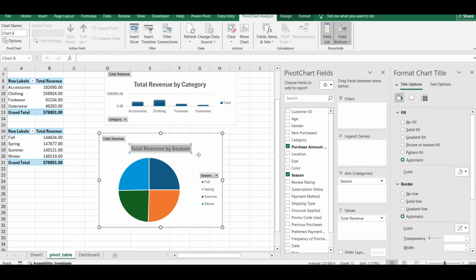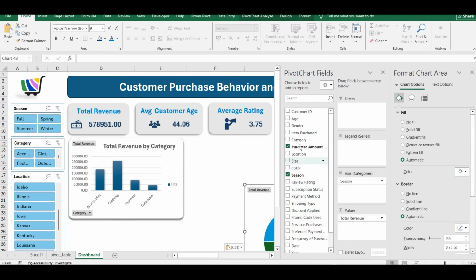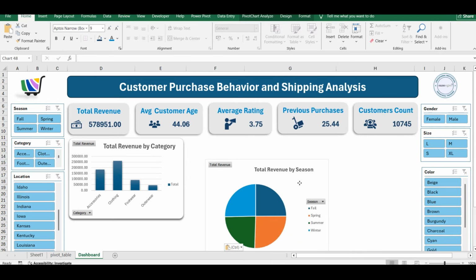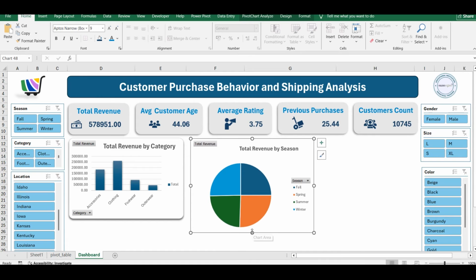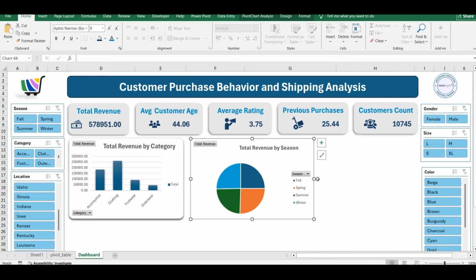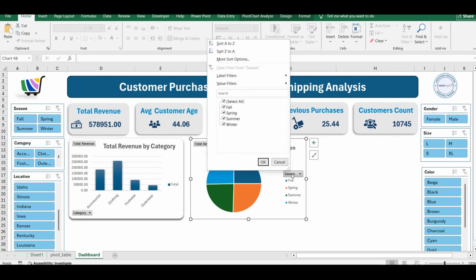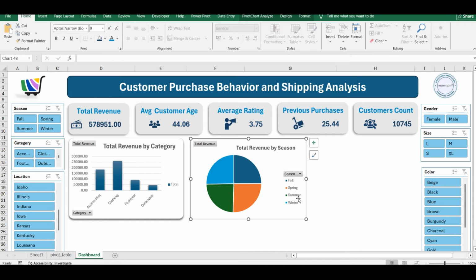We can make it bold and we can align it here, copy and paste here. When you paste, you will see a lot of different options, but when we have to actually do alignment and formatting, we have to get rid of them, and we can enable them later. So here you can see total revenue by category is there, where this is the legend, and it is showing which